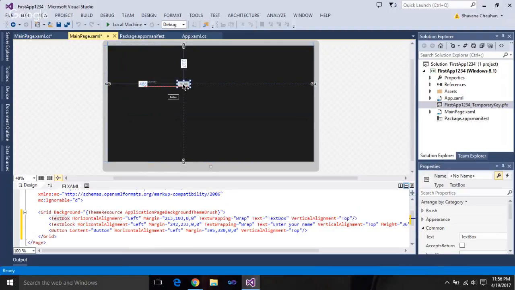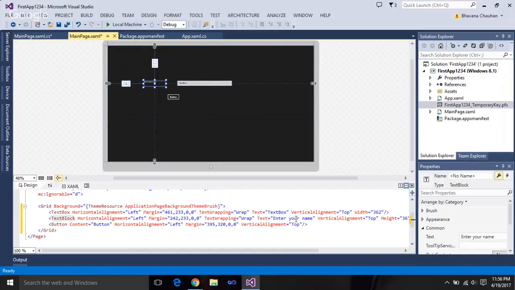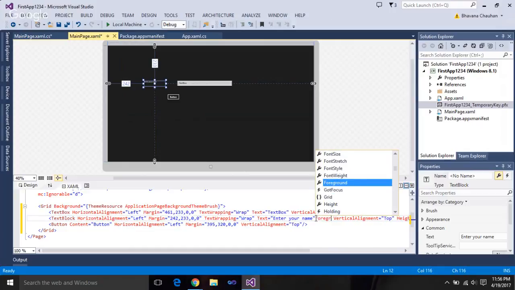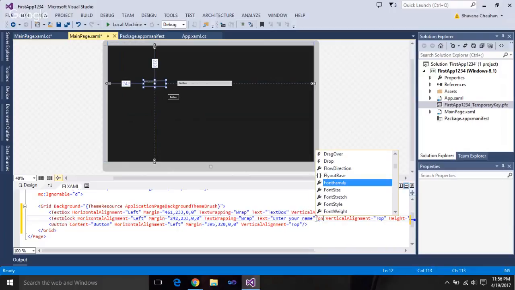Next comes my text box. I think I should increase the size of my text block, and size equals to